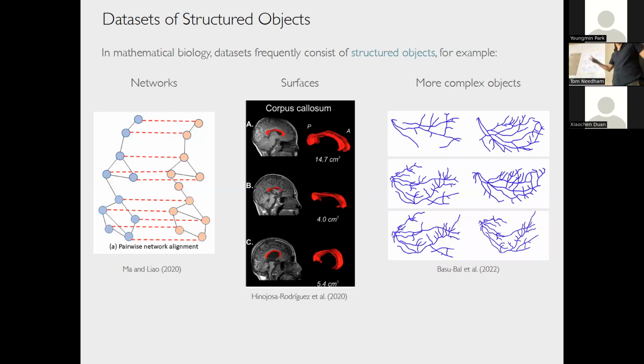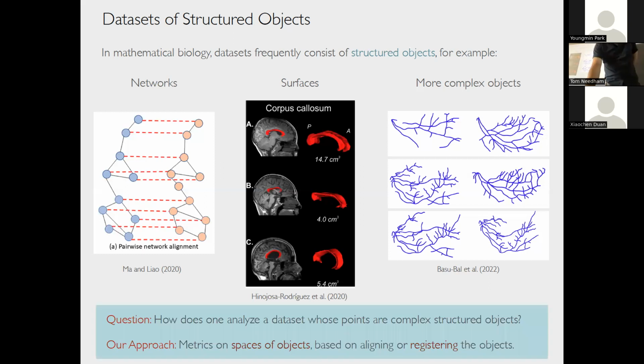Or kind of generically more complex objects. So in this picture, these are arterial networks. And I'm saying these are more complex than graphs because I don't only care about the topology of these things, like the connectivity structures. I care about maybe the shapes of the edges. So these are like artery networks in a human eye, and the shape of an artery might be indicative of a disease or something like that. So I care about this extra complex structure. But then once again, if I'm given a data set of a bunch of arteries, I want kind of point correspondences between them so that I can do the analysis and figure out what are the arterial structures that are uncommon for a disease patient